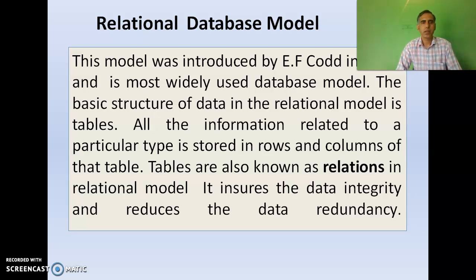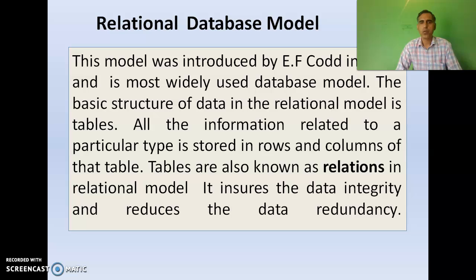Now come to the third type of the database model, relational database model. This model was introduced by E.F. Codd in 1970 and is the most widely used database model. The basic structure of this database model is a table. In this model, the records are organized in rows and columns.